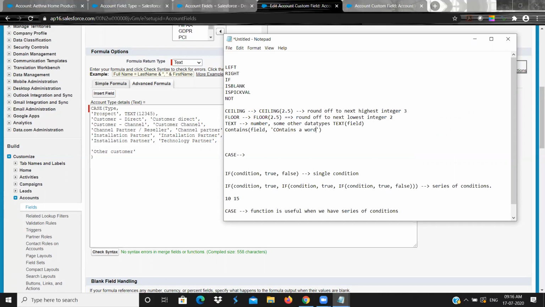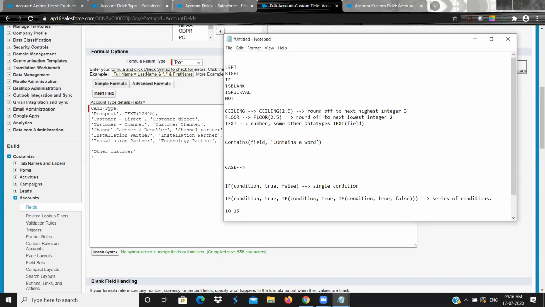Simply how you can use it: in conditions they will use contains.